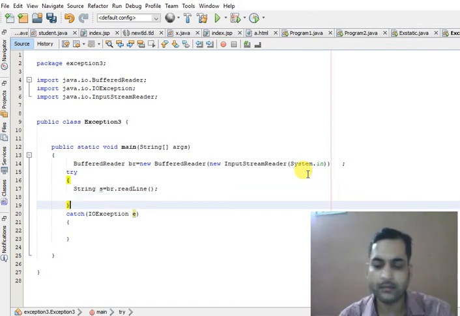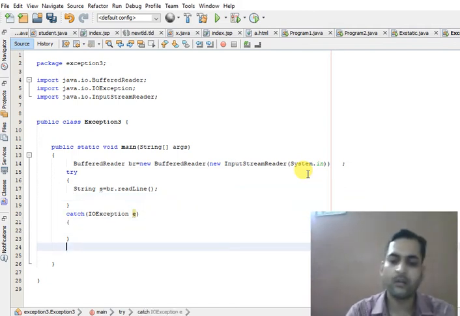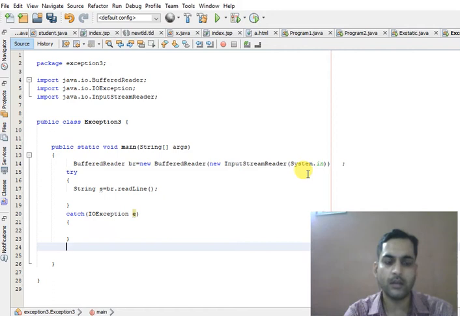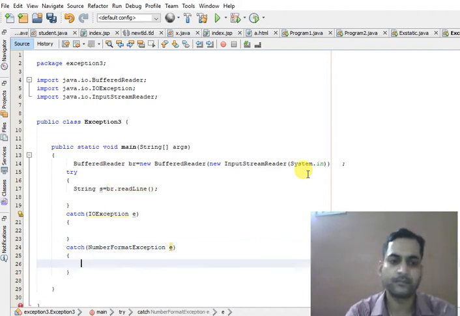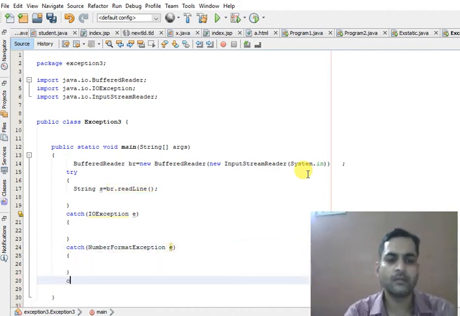Then you can use all the possible exception types with the catch blocks. In this situation, this will work like a switch case statement. Catch NumberFormatException, catch